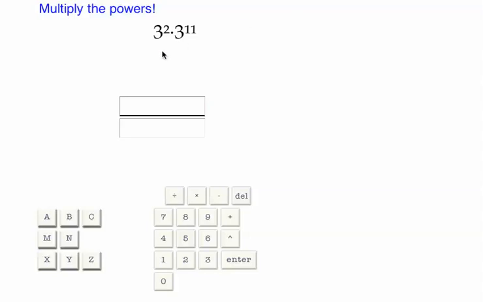All right, how to use the Exponents program. Here we have a question, 3 to the power of 2 times 3 to the power of 11, which is going to be, I'm going to add the exponent, so that's going to be 3 to the power of 13. So what I can do is click in here and type 3 to the